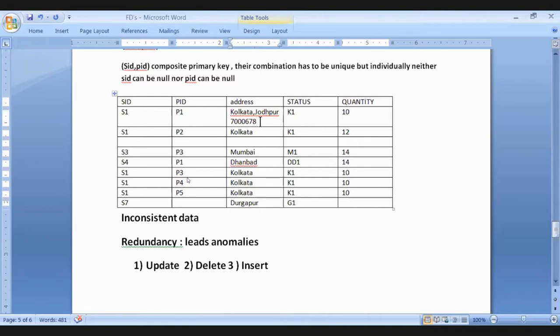Now, what is the meaning? Suppose if I say, what is the address of the supplier S1? Then what you will say? You will retrieve Kolkata, comma, Jodhpur Gardens, comma, or Jodhpur Park, comma, 7 lakh, 6, 7, 8. The full thing is the address. It is logically inseparable. But I ask you, what is the city of S1? Then you will say,